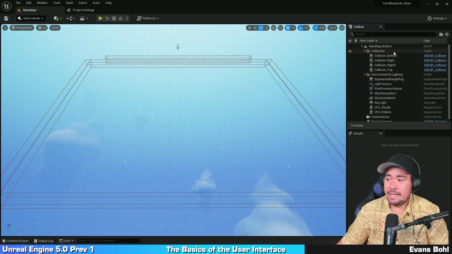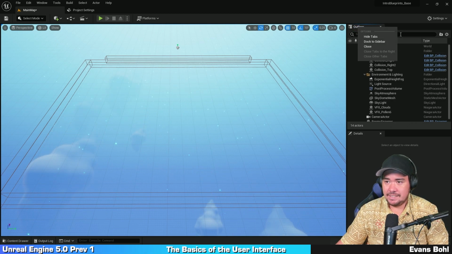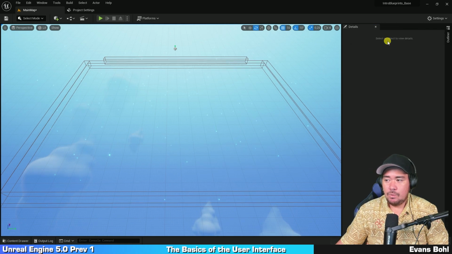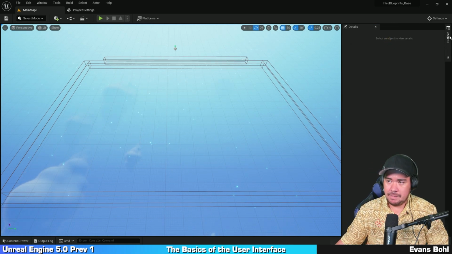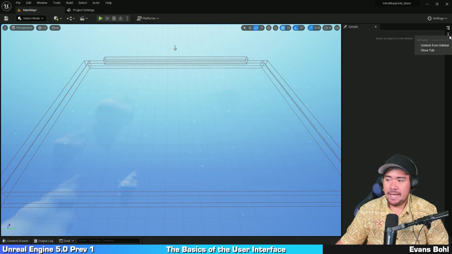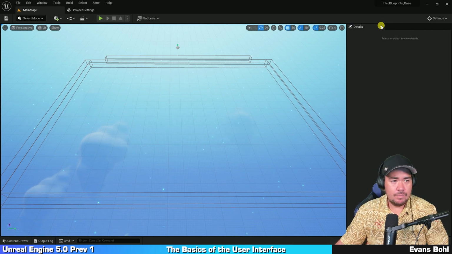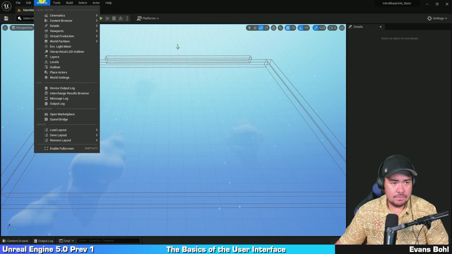Also, just so you know, you can dock any panel in the sidebar by right-clicking here and selecting Dock to Sidebar. Once the panel is docked, you just have to access it by clicking right here. And if you want to undock it, you can right-click and select Undock from Sidebar. If you close any panel, for example, the outliner, you can restore it by clicking here, Window,